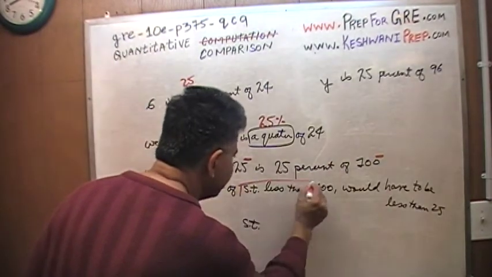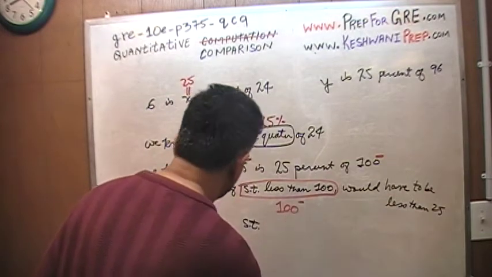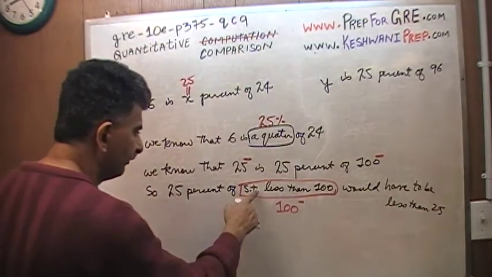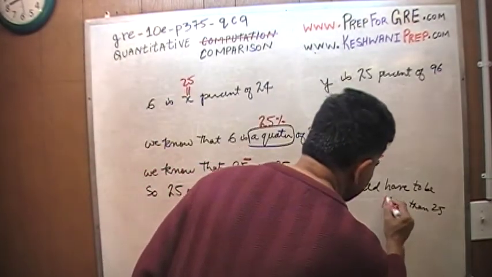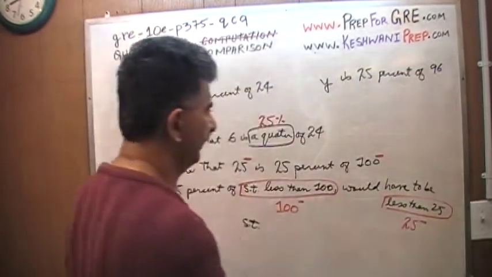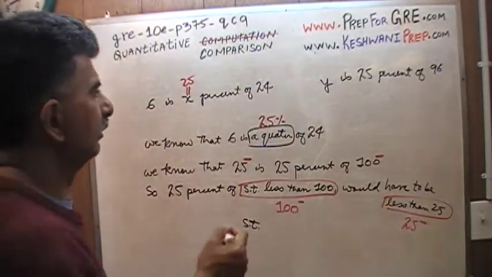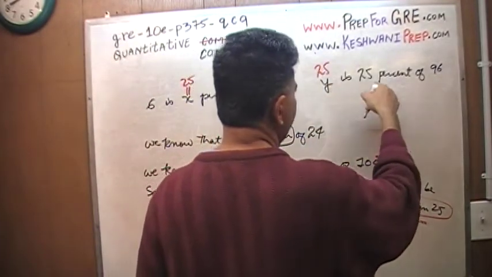Something less than 100 is written like this: 100 with a minus sign on it. So 25% of something less than 100, which is something less than 100, would have to be something less than 25. Something less than 25 is this: 25 with a minus sign on it. So there you go. We know that 25 is 25% of